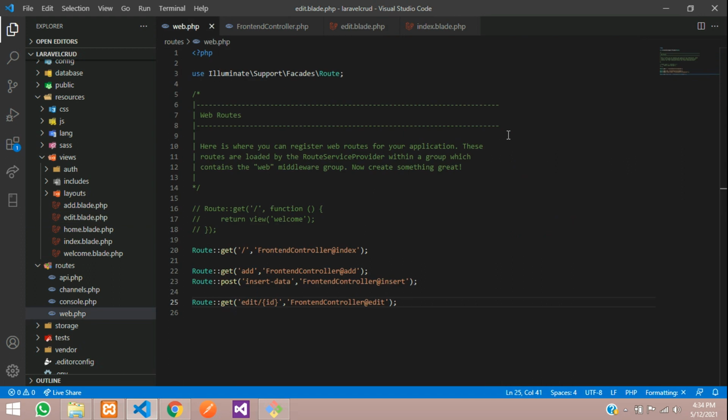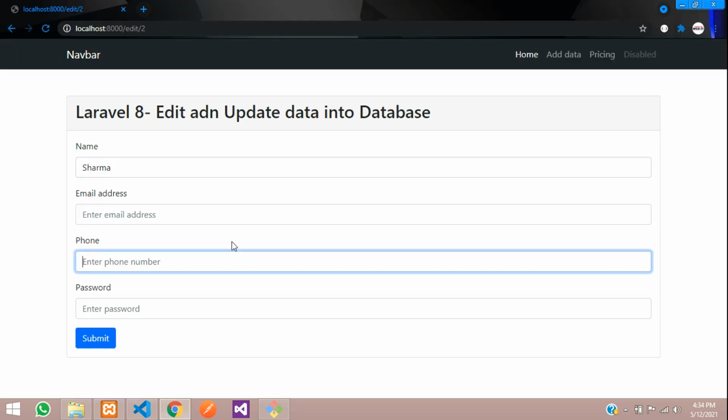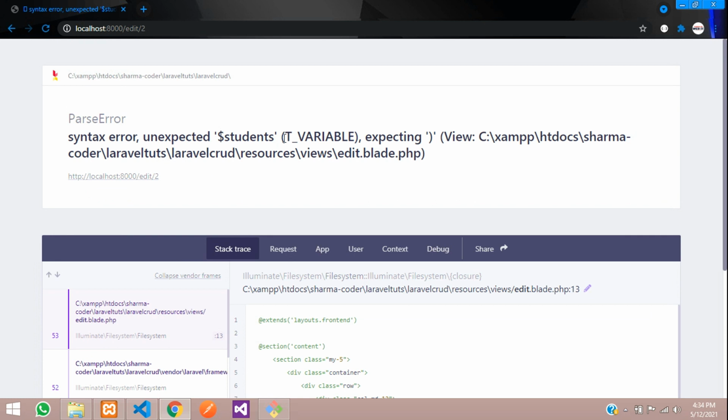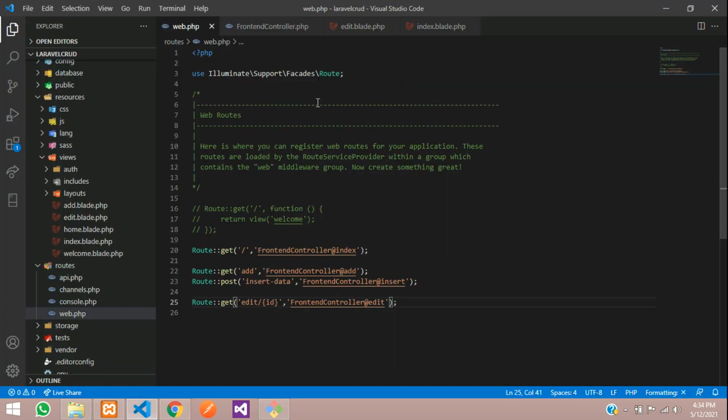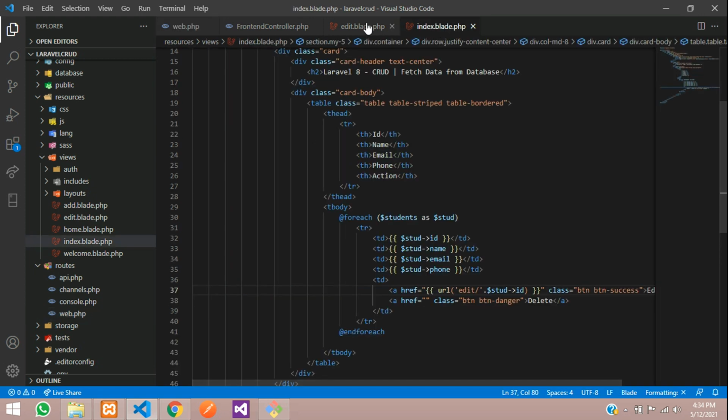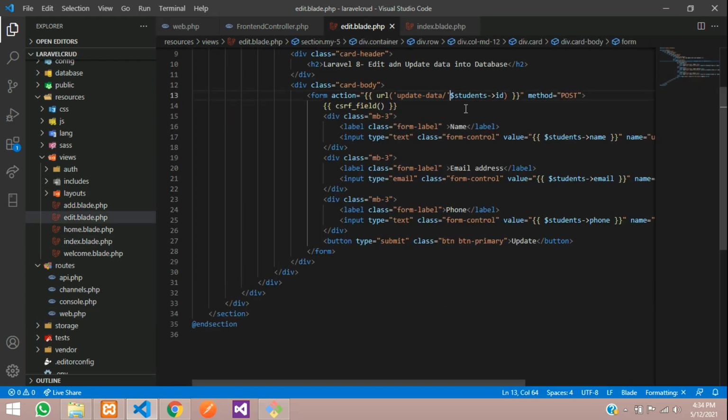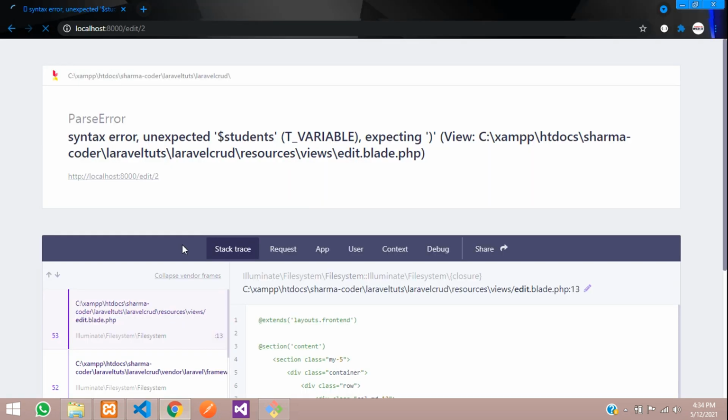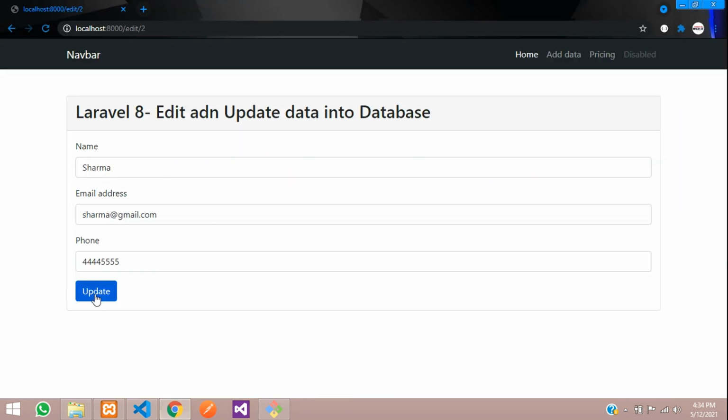Before creating, we'll test once if it is going to the correct page. Refresh. I think we have missed the concatenation here and did not put a dot. Yeah, save and refresh. So when you click update, you are getting update data of the ID.